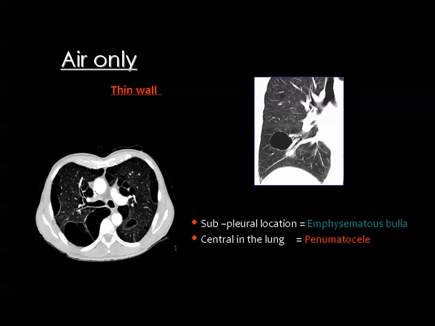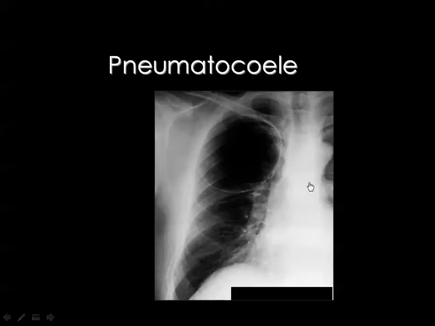If the wall is thin, you have two other possibilities: the pneumatocele, if the lesion is located in the center of the lung, and the emphysematous bulla, if the lesion is located against the chest wall or pleural based. If the wall is thin and the lesion is in the center of the lung, this is the pneumatocele. Peripherally located, this is an emphysematous bulla. And this is a good example of a pneumatocele in the apex